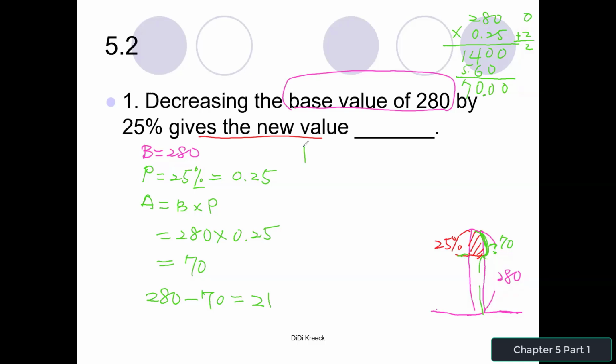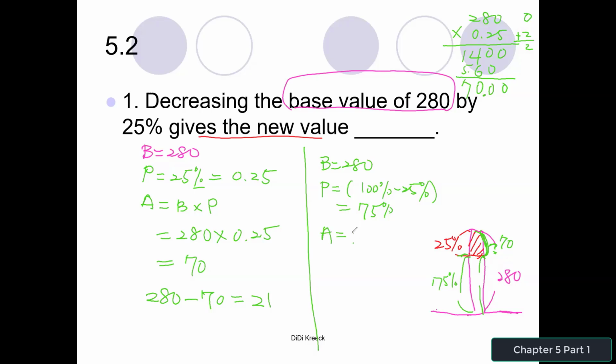The other way that we learned earlier is if we know that the whole amount is base 280 and the percent was 100, the whole, right? Whole was 100%, but it decreased by 25%. It was 100%, then it decreased by 25%. So the new percentage here should be 75%, right? So if you realize that the new amount is actually the 100% decreased by 25%, it will be the new 75%. We can find the amount that represents that 75%. The amount is base times percent. If it's 75%, it will be 0.75. Okay, and here 280 times 0.75,